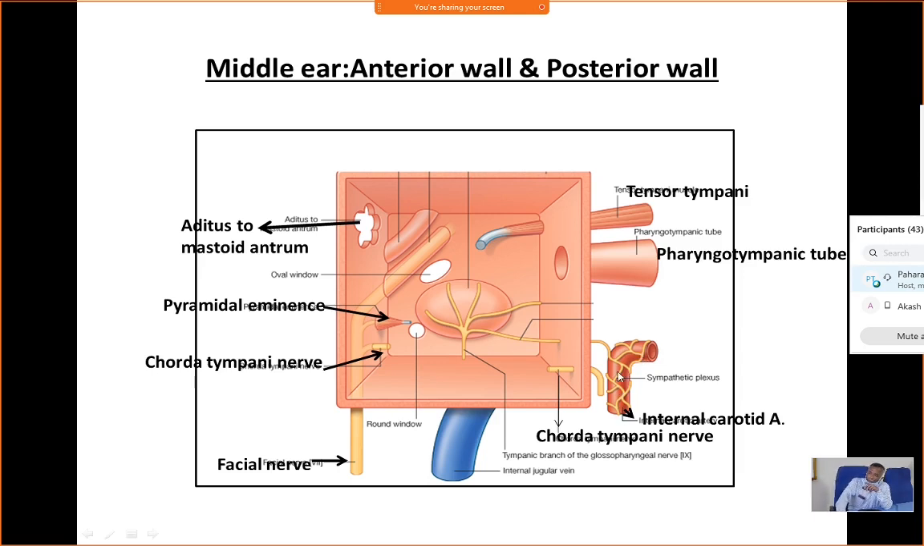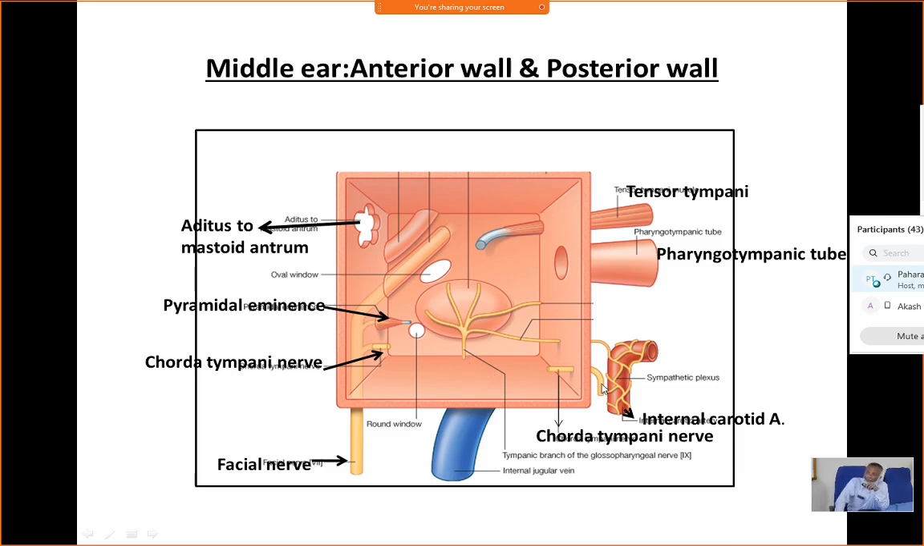Then at the lower part there are two small apparatus, one for the chorda tympani nerve. This chorda tympani nerve will come out, and another structure, another aperture in the posterior part, in the lower part of the anterior wall. This is for the branch of the glossopharyngeal nerve to come out, to form the plexus around the internal carotid